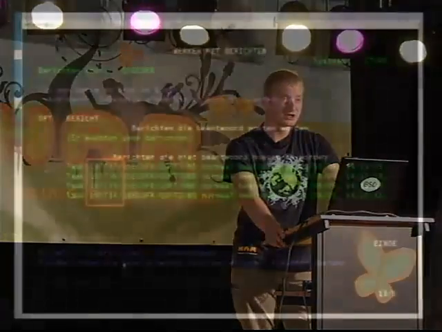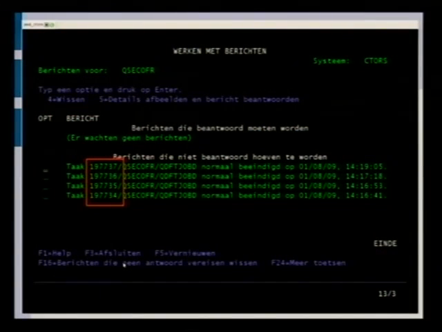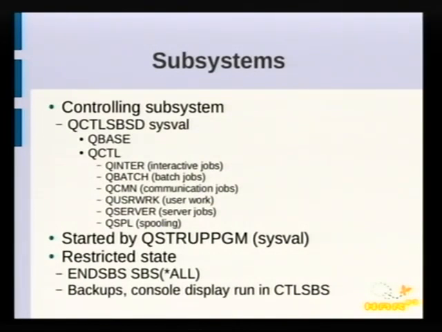So this is an example of the message queue for my user profile. I submitted some jobs, and you can see that the job number just increases. Now, jobs run inside subsystems.